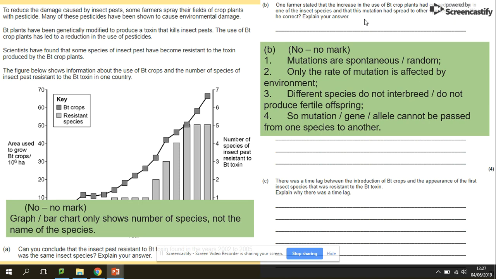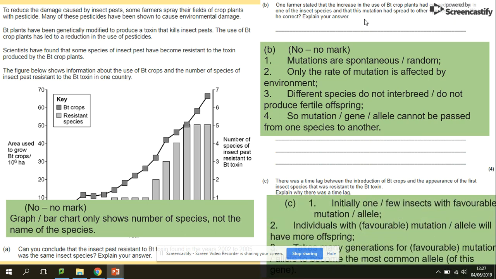And what was the time between the introduction of Bt crops and the appearance of the first resistant insect? It could be one initially, because few insects with the favorable allele were present. Individuals will have that mutation, and it will take many generations for the alleles to become the most common in that